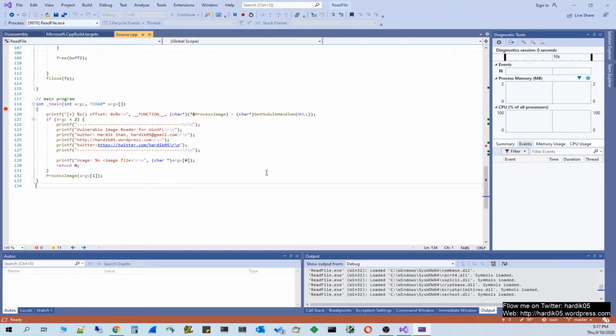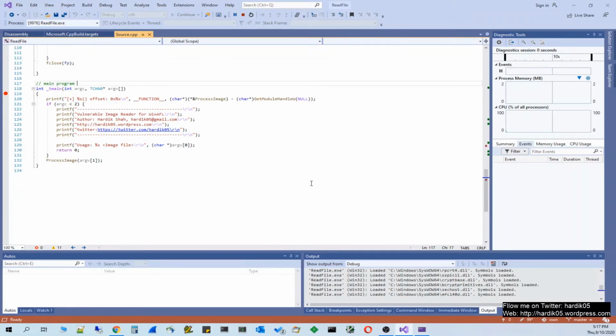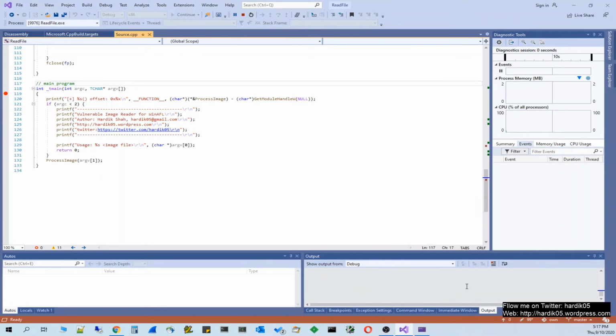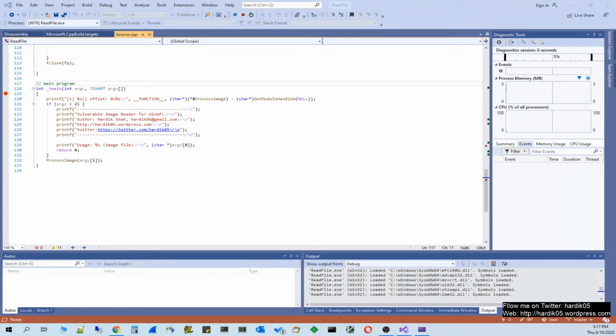It seems that it is downloading the symbols, and that's why it is taking some time. My net is slow, so that's why it is taking time. Let's wait for some more time, and we will debug it further. Meanwhile, I will open WinDBG as well, just to speed up the stuff.